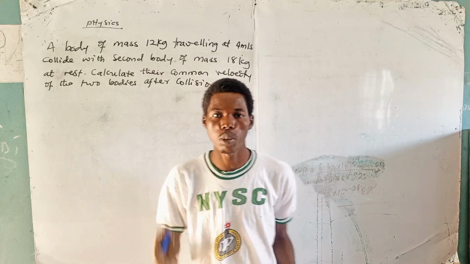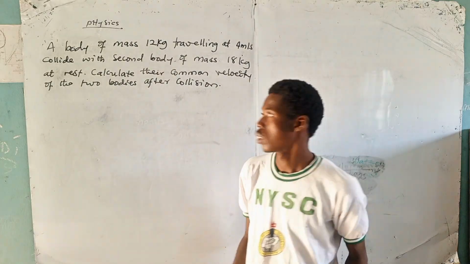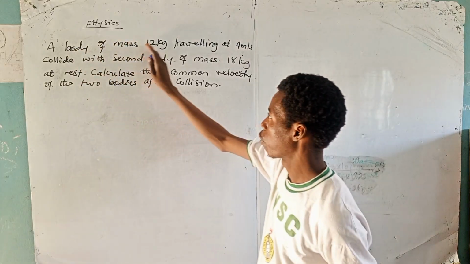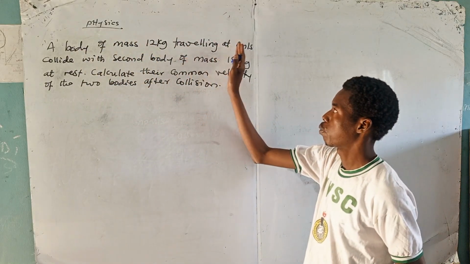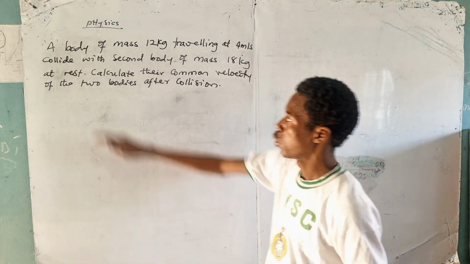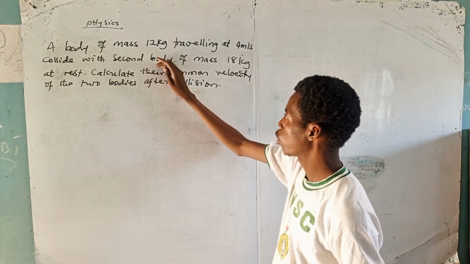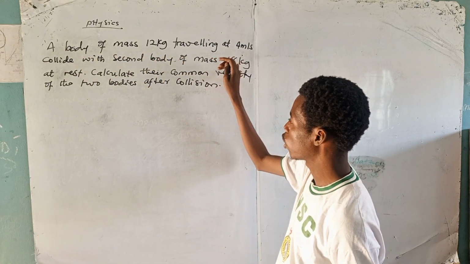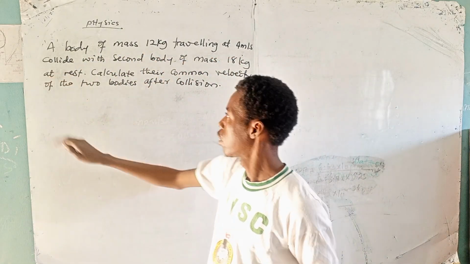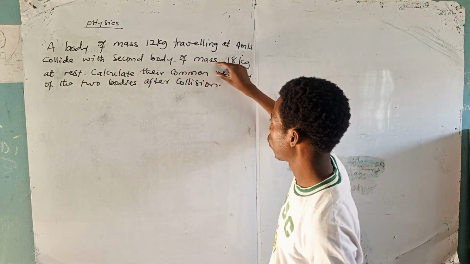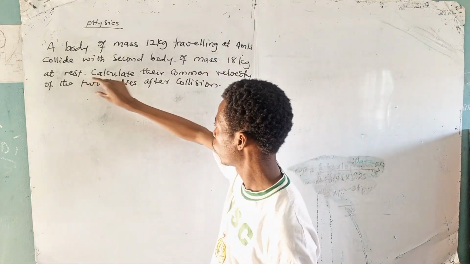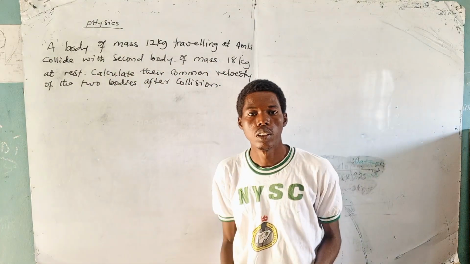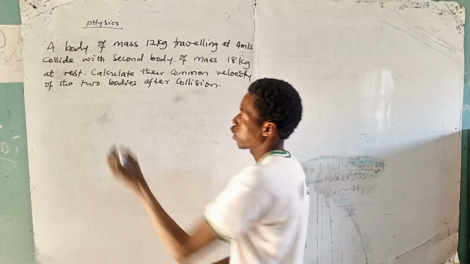Let us look at this problem that we have here on the board. A body of mass 12 kilogram traveling at 4 meter per second collides with a second body of mass 18 kilogram at rest. Calculate their common velocity of the two bodies after collision. So let us write the solution